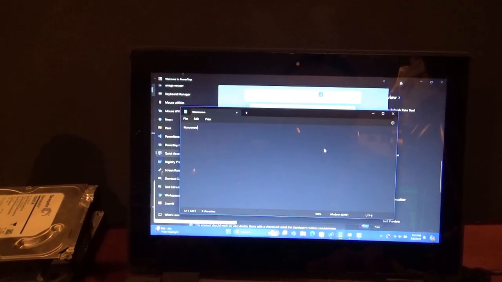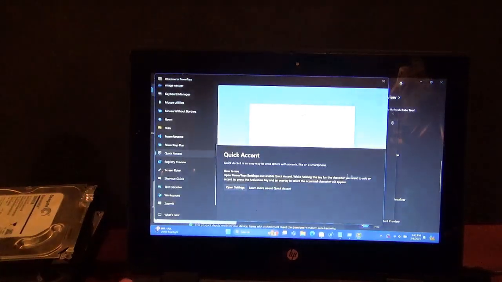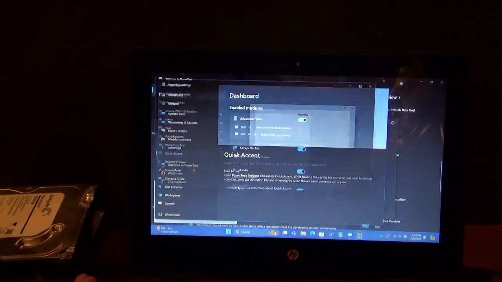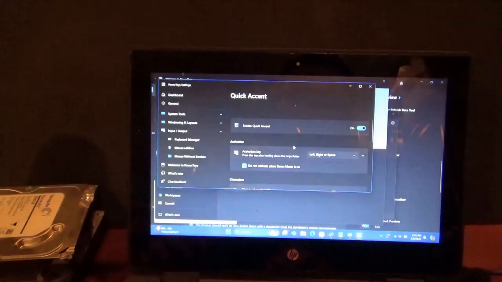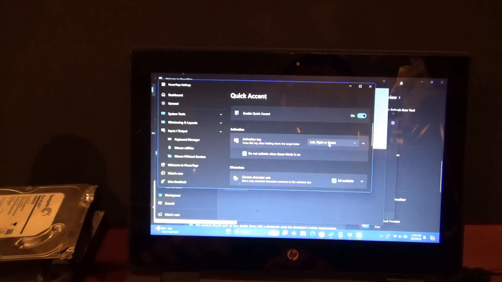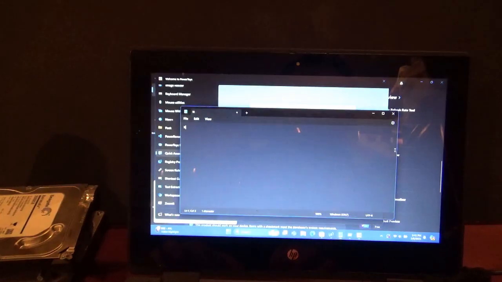I don't think that's how it's supposed to work. So, while holding down the key for the character you want to... Oh, activation key. Okay, so here we go. Activation key, left, right, or space. So, if we